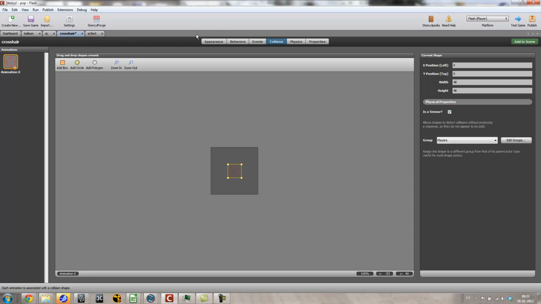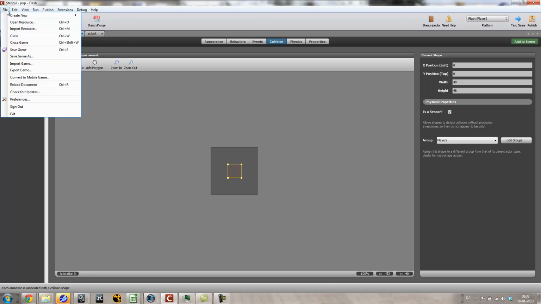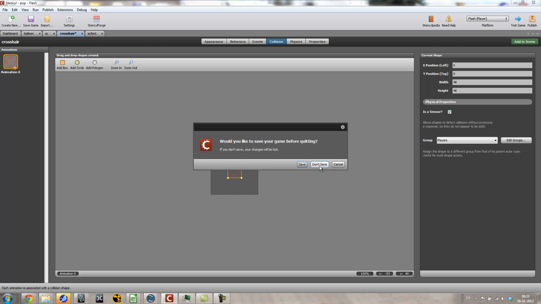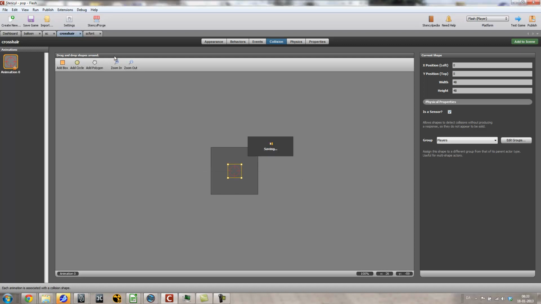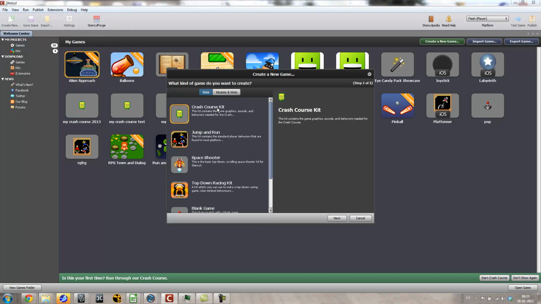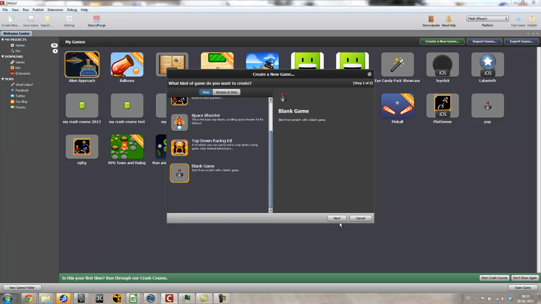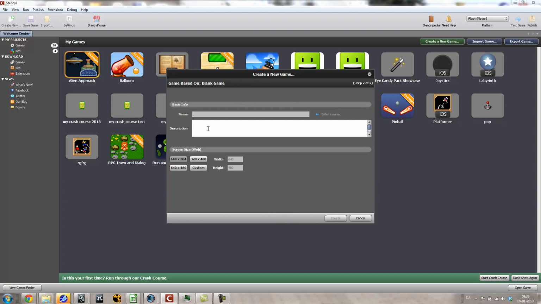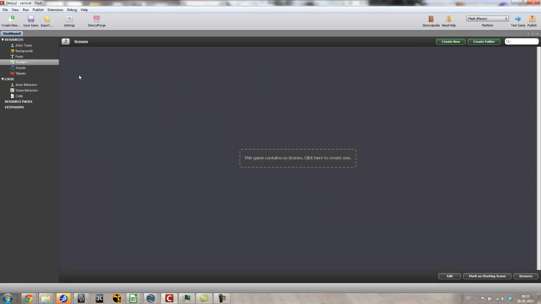But actually, I think I should just create this from the ground up, so I will close this game. Just save this. And I create a new one, and it will be a blank game, so there will be nothing in here. Just call it carnival. Just leave it at the defaults. I could set something different, doesn't matter. There you go. So we have a completely empty game. Then I need to add some actors,